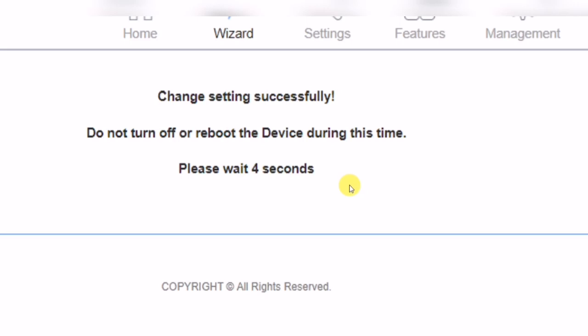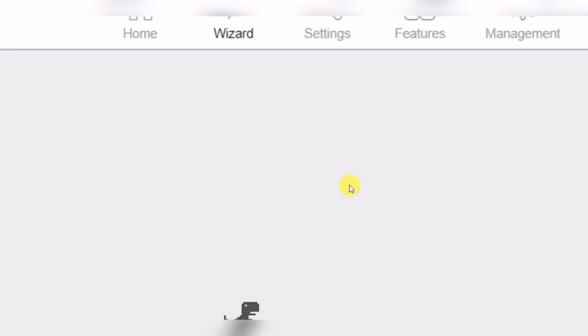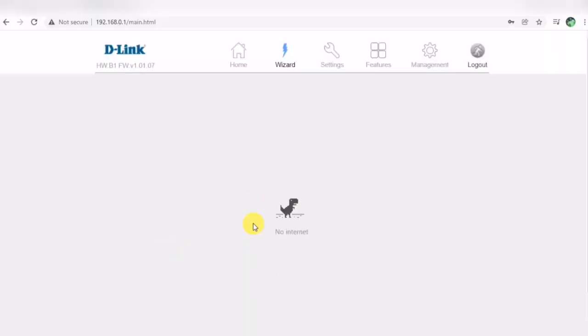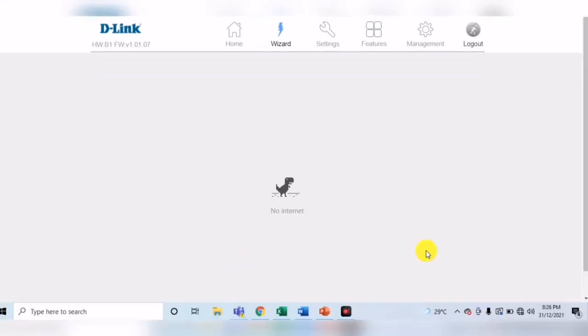Then you have to switch your router off and on again, and connect your mobile or laptop to the network. Once you change the password, it will show no internet. So turn the router off and on, and it will connect automatically.